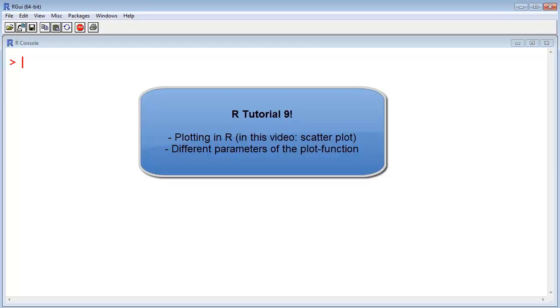Hello, welcome back. A lot of people use R to create plots and use the graphic function of R. So in this video I will talk about scatter plots, and in R you can also create histograms, probability plots or box plots and much more. But this video is about scatter plots, and